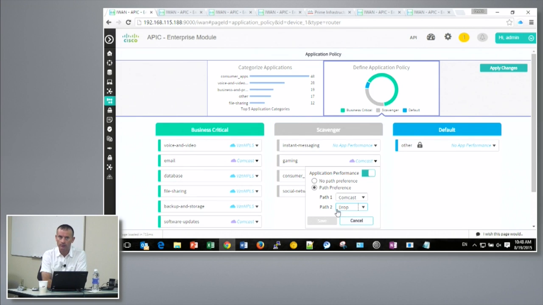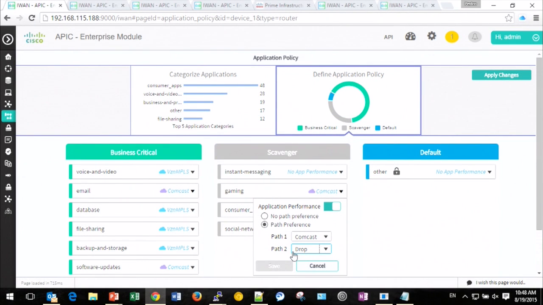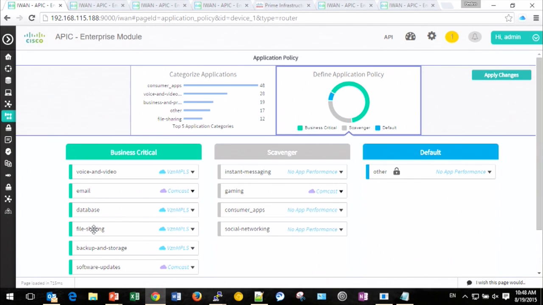Sure. And most importantly, gaming is actually in a category called scavenger. The scavenger class is really about you are giving 1% of the bandwidth. So if, let's say, there is another application, file sharing, and you don't want it, Pedro, can we move file sharing to scavenger? So what happens here is, once you do this move,